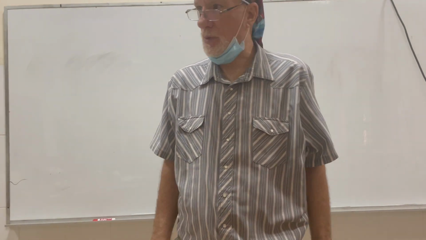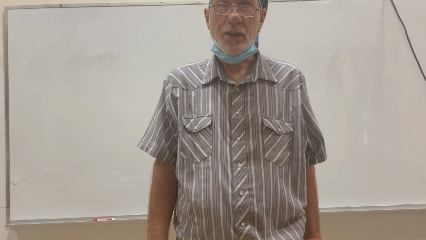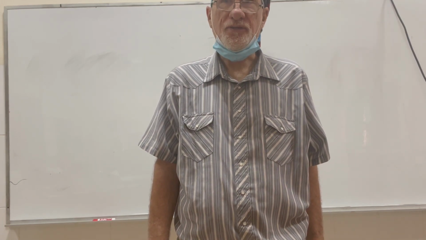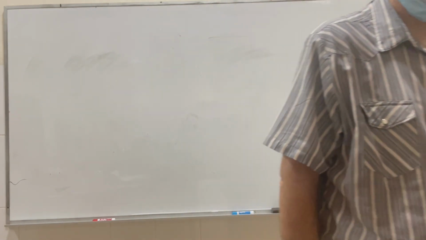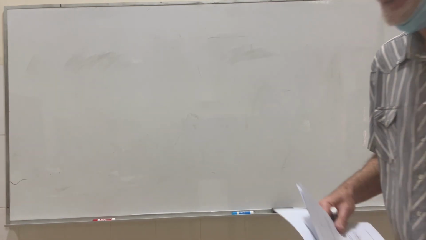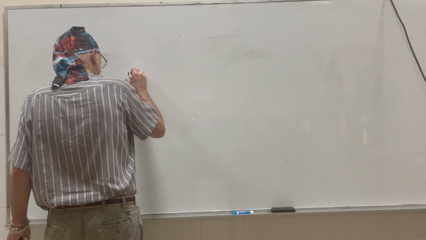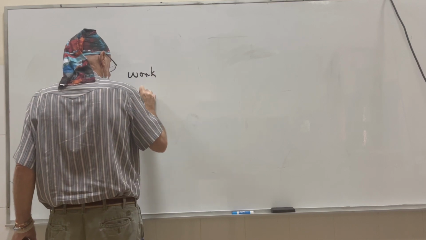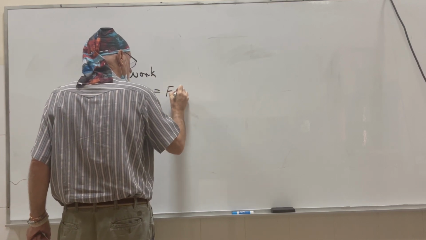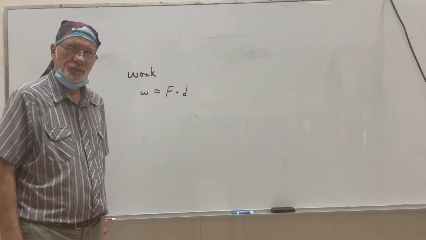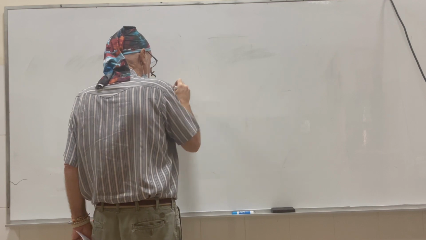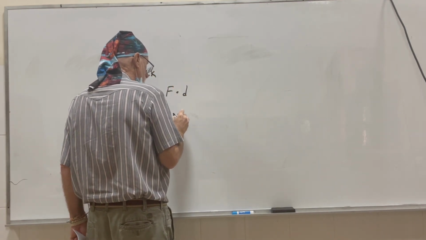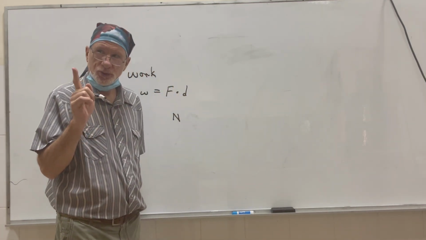Understood? Now, I don't mean going to work, being a teacher, or going to work, being a student. That's not what I'm talking about. I'm talking about the physics definition of work. And the physics definition of work is actually very simple. It simply goes work, small w, equals force times distance. Understood? Force times distance. So that would be newtons, right? Newtons times meters